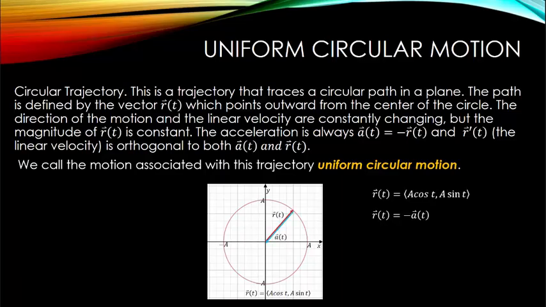This means that while my position vector points outward from the center of the circle, the acceleration vector points inward toward the center of the circle. And if I take the dot product of the position vector and the velocity vector, it will be 0 at all t, which means that my linear velocity is orthogonal to the acceleration vector and the position vector at all